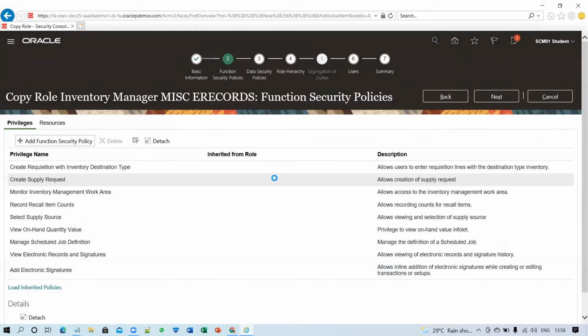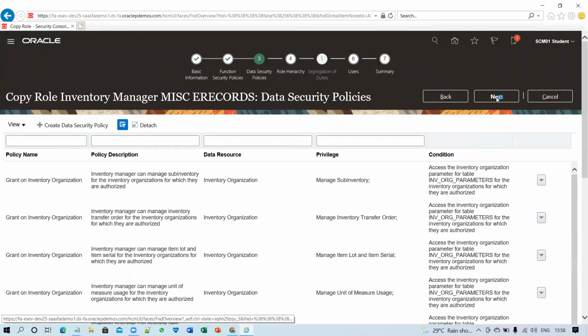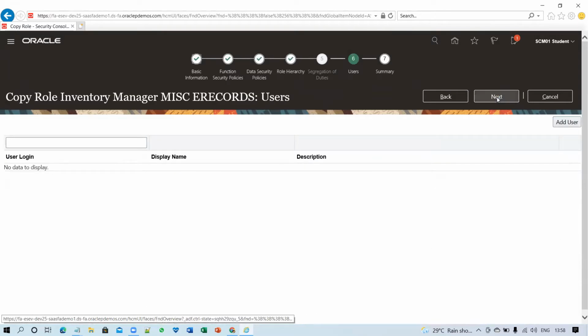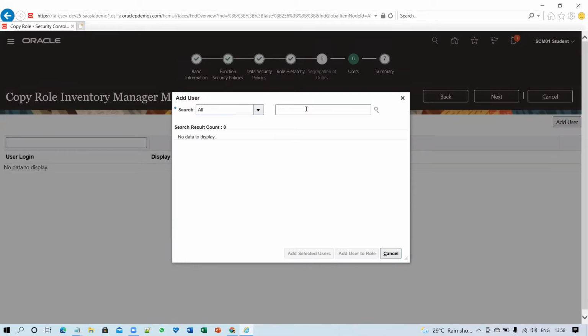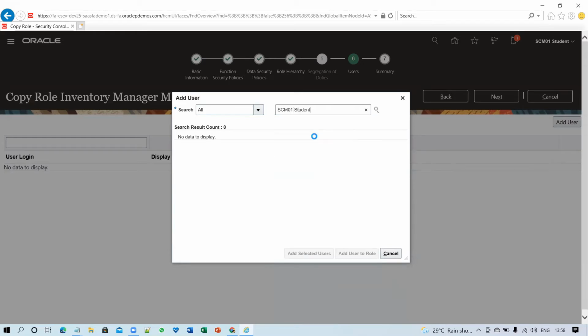Then click on next, next, and next, and then I'm adding my user SCM01. I add it and click on add users to the role.